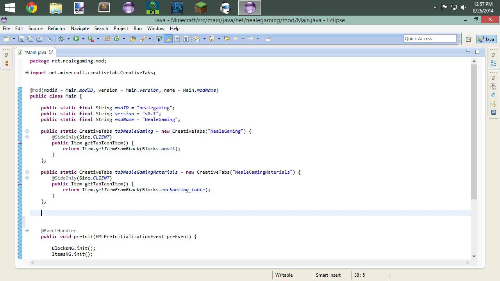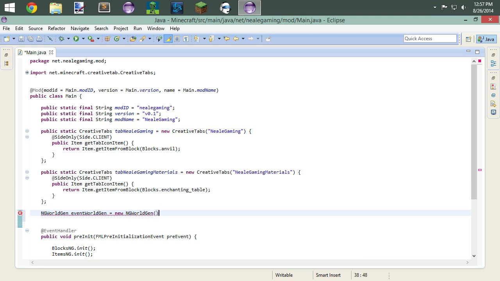And we are going to say, let's call it NG WorldGen, and we're going to call this event WorldGen is going to be equal to new NG